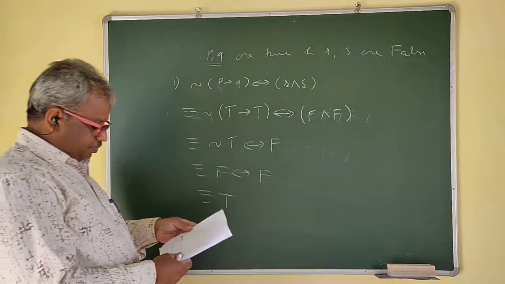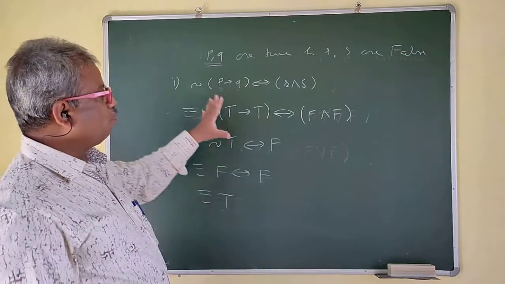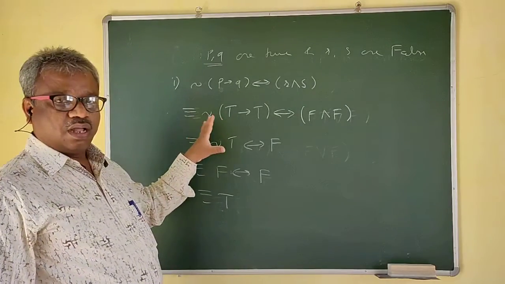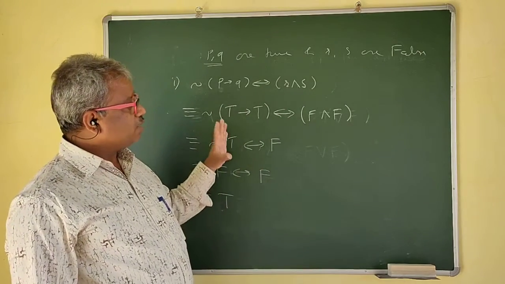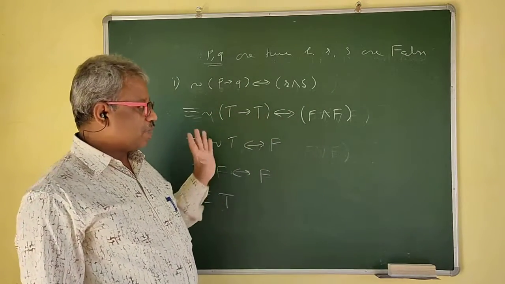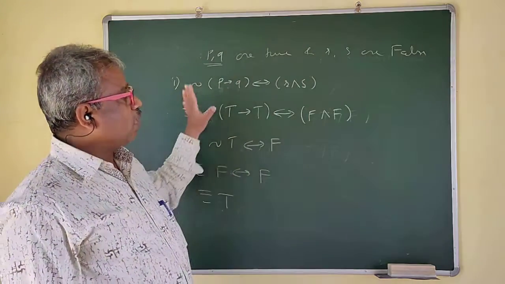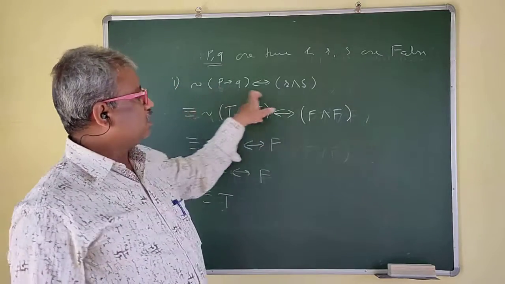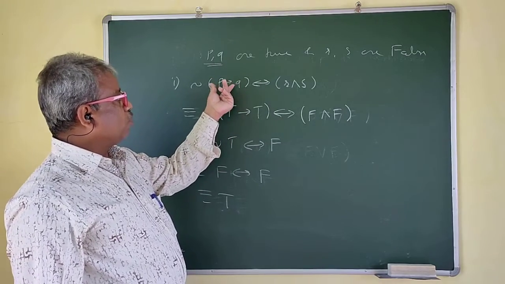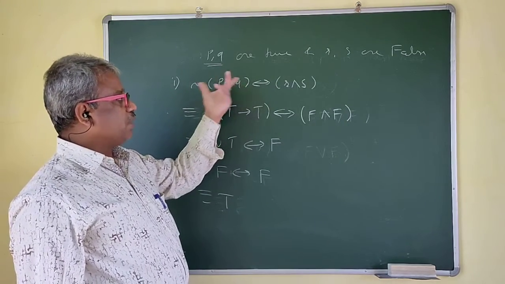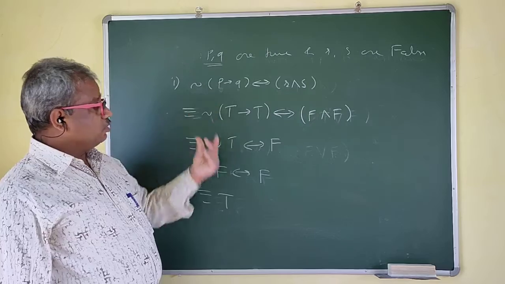Right? So this is the idea of the statement: how to find the truth value of a statement, how to express the statements in symbolic form, and how to express the symbolic form into verbal form. That part is important here. And if the truth values of some statements are given to you, you can find the truth value of a compound statement. This is the compound statement where the truth values of the individual statements are given to you, and here you got the truth value of the compound statement.